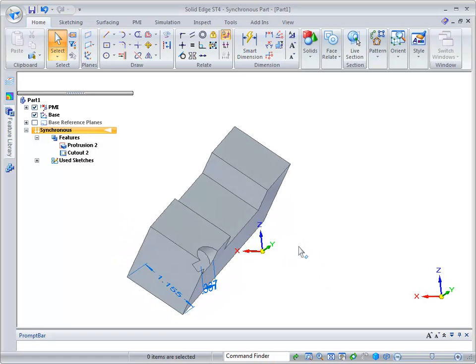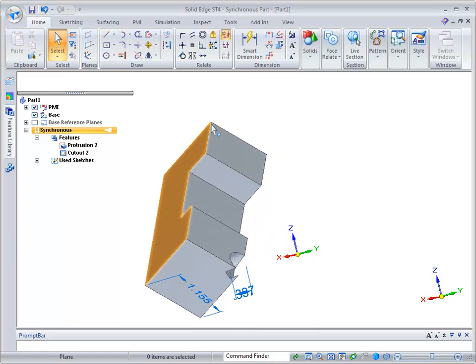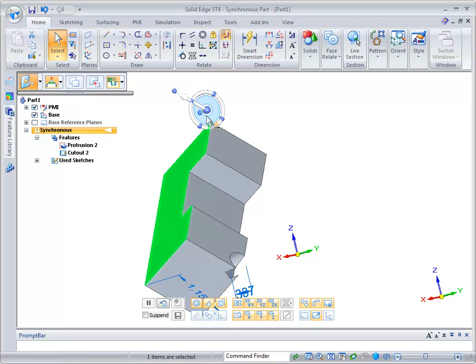Now, if I wanted to, and if I were a lot better at this, I could take this part and move it from the origin here, move it to the origin over here, and get it all squared up with the part XYZ. And I can do all that without screwing up any of my existing features. So I think that planes in Solid Edge are treated much differently than they are in SolidWorks,